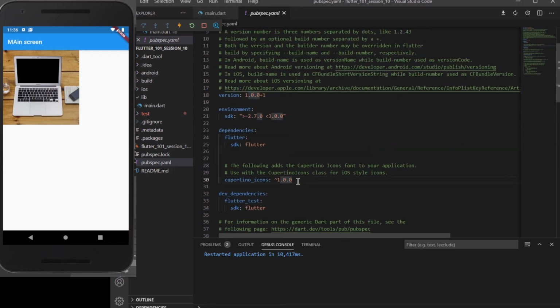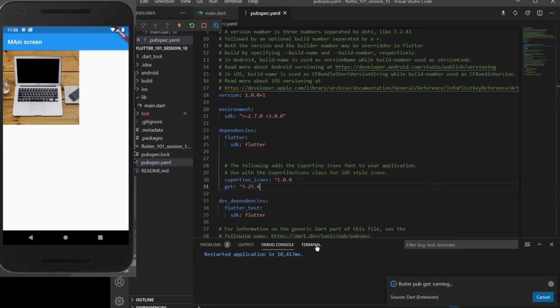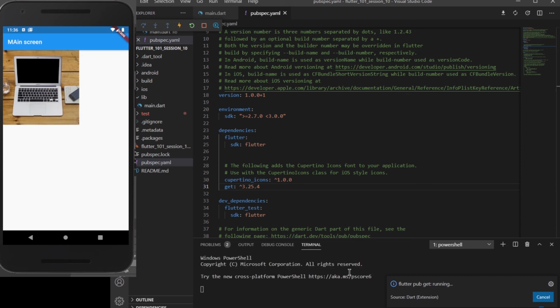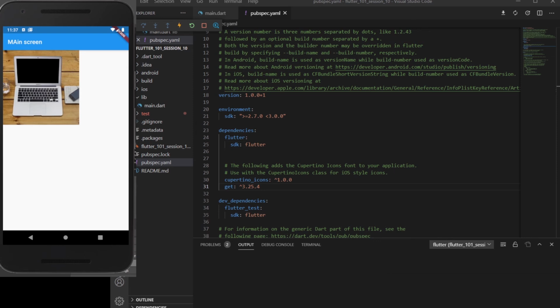It will run the pub get command, but for safety I'll run it again inside the terminal. Sometimes pub get won't work for you, so you don't need to worry. You can directly go to the pubspec package. It has various different implementations, so if it is not working for you, you can refer to that. Let's see if the pub get command is installed successfully.